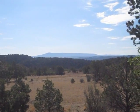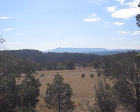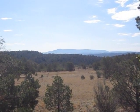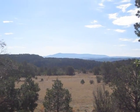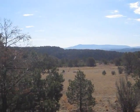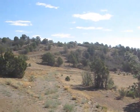Okay, today we're on Tract 11 in Plaza de la Vista Ranch along Highway 12. We're only about 2 miles off of the pavement on the highway there. We're about 20 minutes west of Trinidad, Colorado along Highway 12 and about halfway to the mountains. This is a great location for getting up to the mountains or getting back down to town with ease of